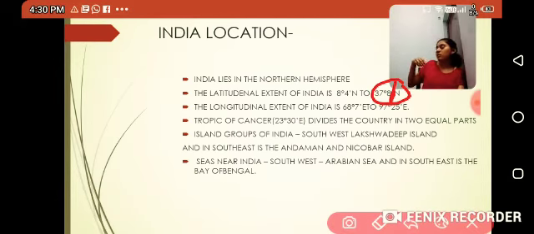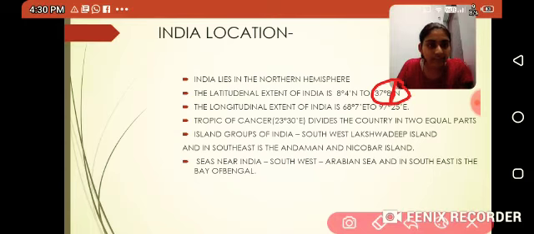Now when I'm talking about the westernmost tip and the easternmost tip, why am I using east on both sides? For the westernmost tip I should use 68 degrees 7 minutes west, but I'm using 68 degrees 7 minutes east because India is, according to the 0 degree longitude, entirely in the eastern hemisphere. Fine. So that is why all our longitudes after the 0 degree longitude, which are lying in the eastern hemisphere, are going to be with the eastern value.